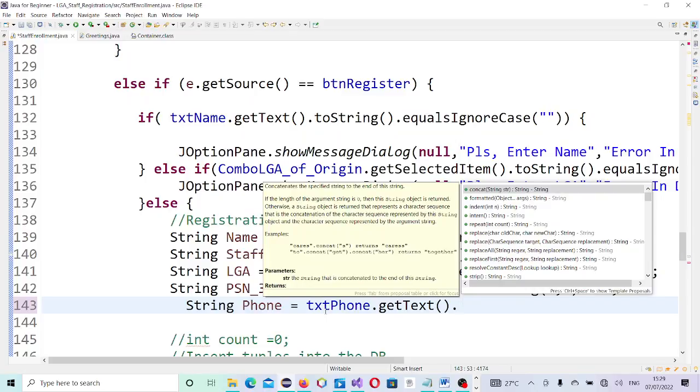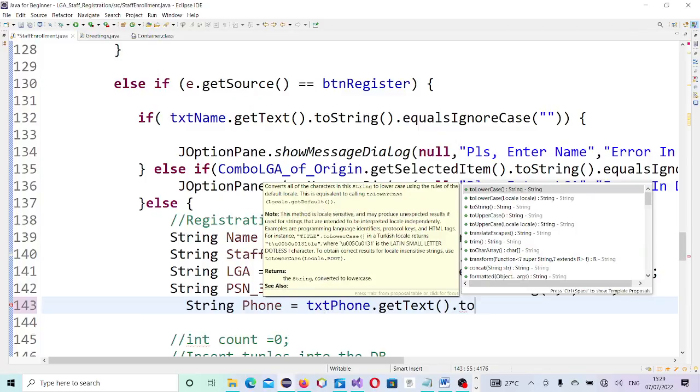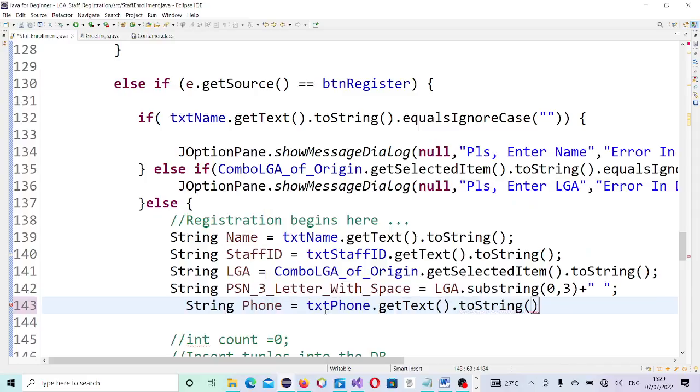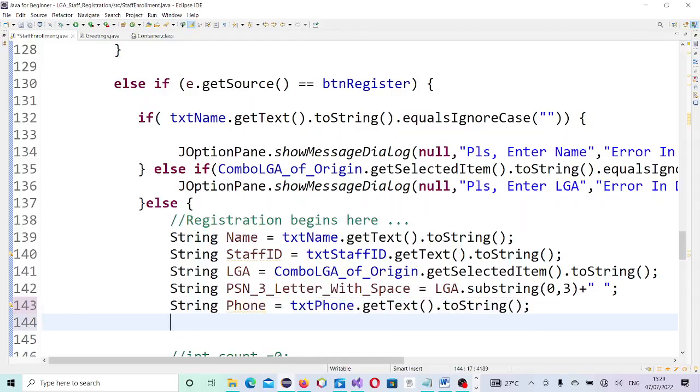When you get this text, it is not in the form of string. It is a text field. Then you convert it to string. Okay, after conversion to string, then it is now okay with the type you are having. You are having a variable declared with type of string, and conversion is being done. Then now email equals to TXT